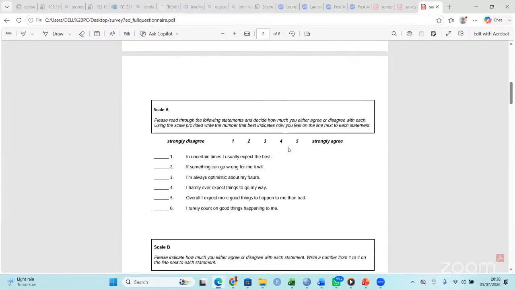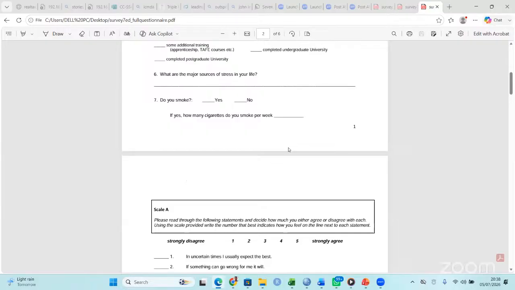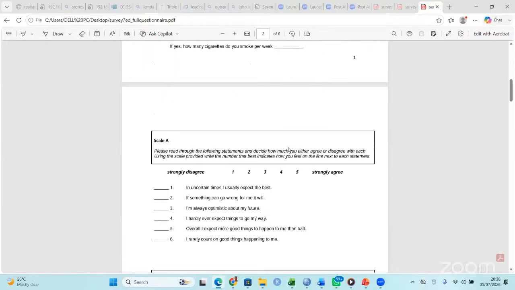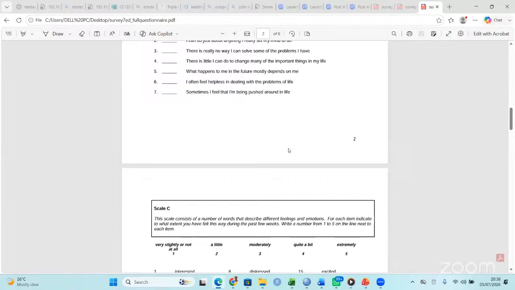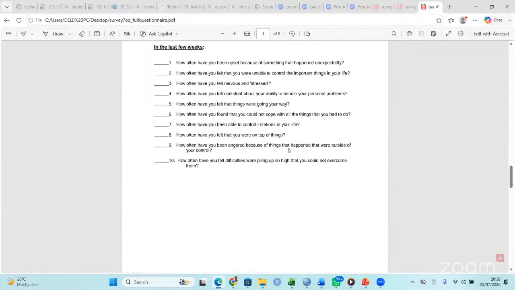Then the other bit I wanted to demonstrate here is, of course,